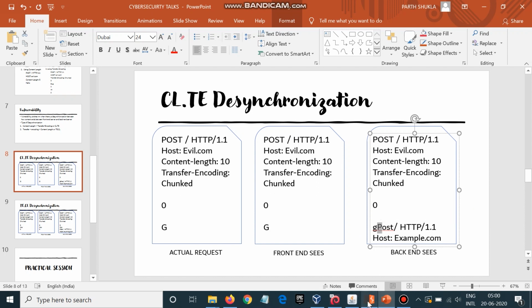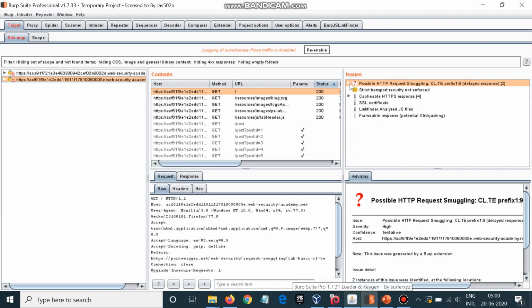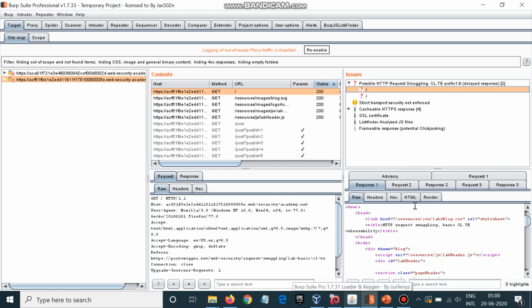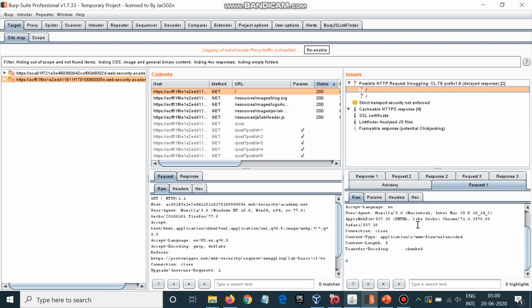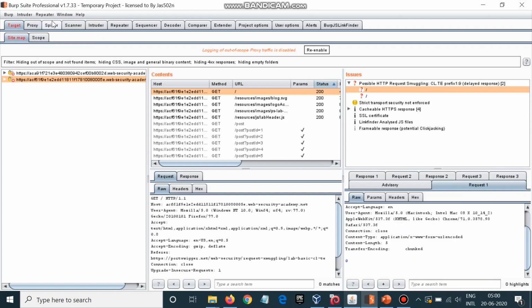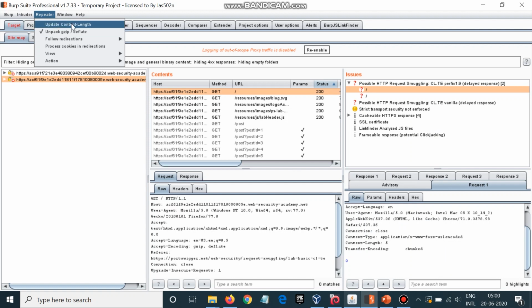So go here. We have this request. Okay, we have Transfer-Encoding chunked, Content-Length 5. Now please uncheck the update Content-Length option so it will not automatically update the content length and prevent this attack.